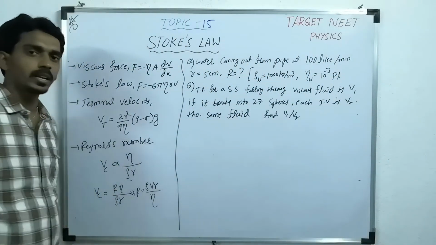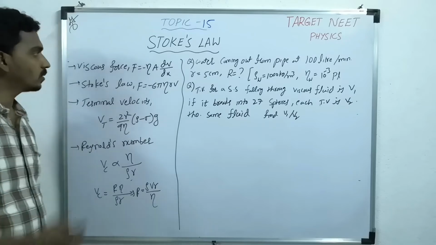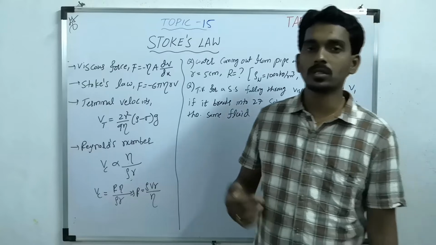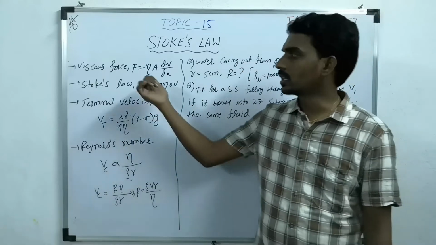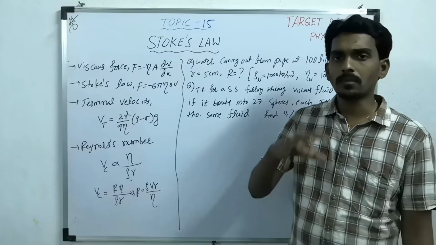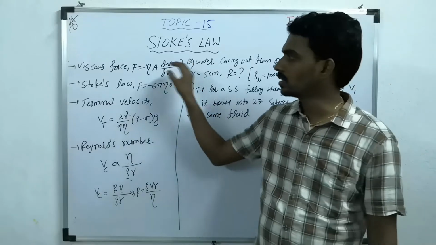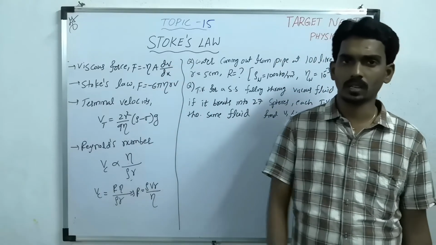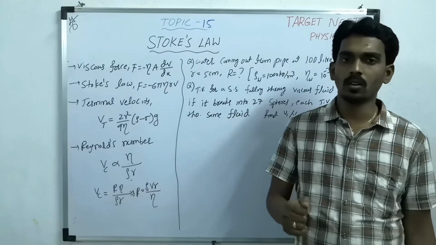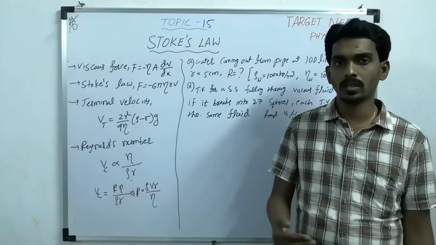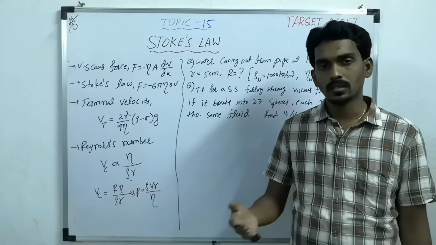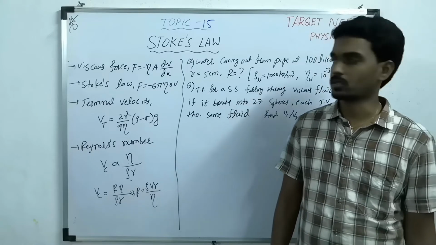And here the negative sign represents what? The negative sign represents the frictional force or opposition to flow. It is nothing but frictional force in case of fluid also. Sometimes they ask questions based on this direct formula, but there are fewer chances. But just take care of the units of eta, that is Poiseuille or poise. So 1 Poiseuille equals 10 poise. Poiseuille is the SI unit, poise is the CGS unit.